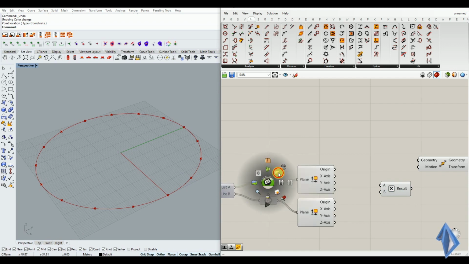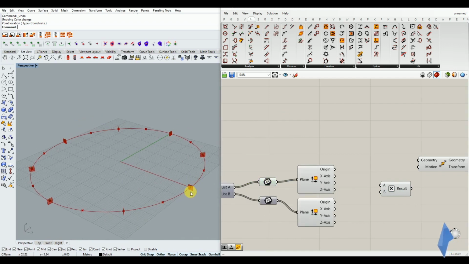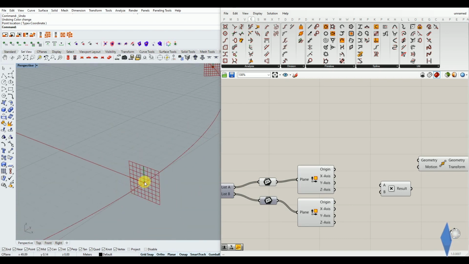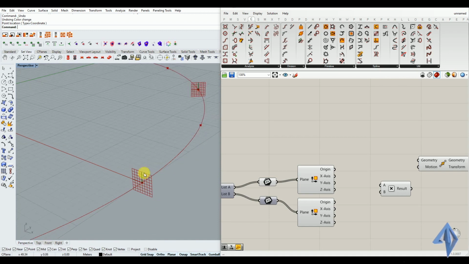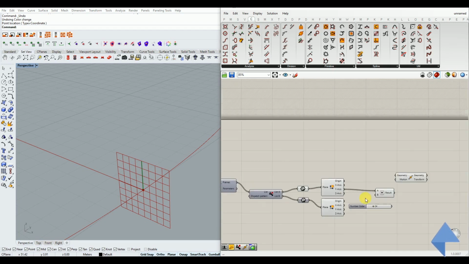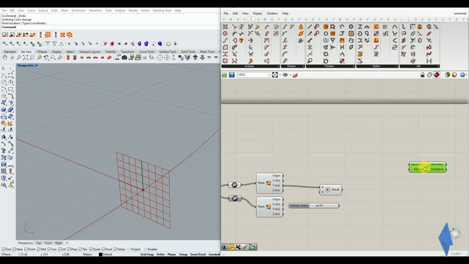So I'll turn this planes on, and if you zoom in and if you see, the z-axis is not the z-axis, it's actually the y-axis. All of these planes have their y-axis in the z direction. So this y-axis is actually giving you the z vector. So one of this will actually be attached in A and the other one can be controlled by a number slider. So you can just double click and type something like 24, and let's move all of these over here,